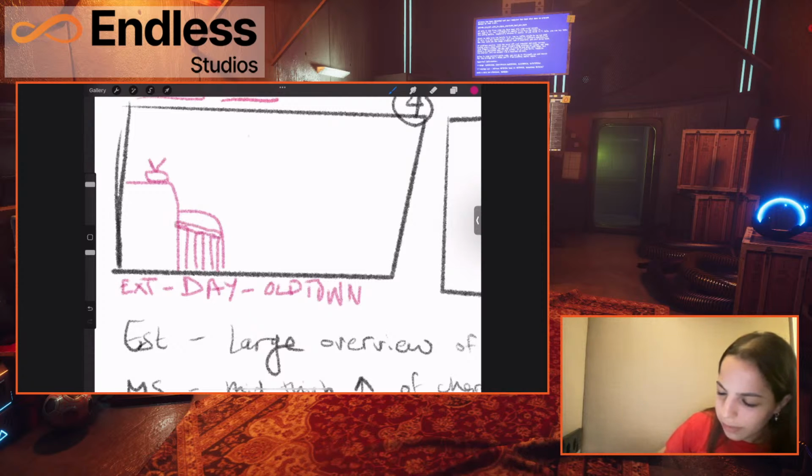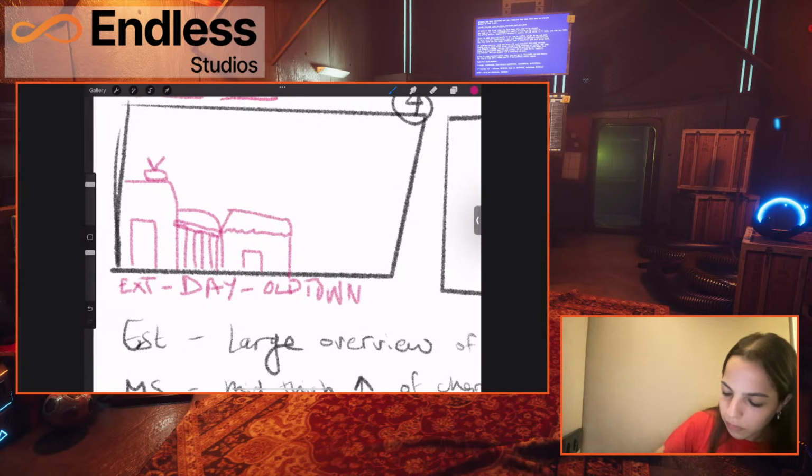So let me do that. Very small entrances typically, because remember, these are all old buildings.